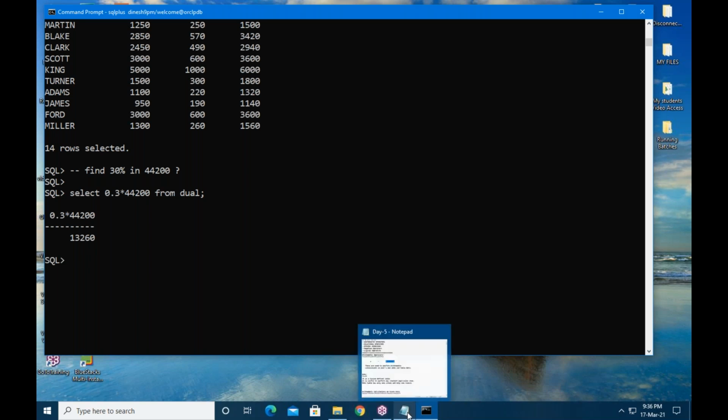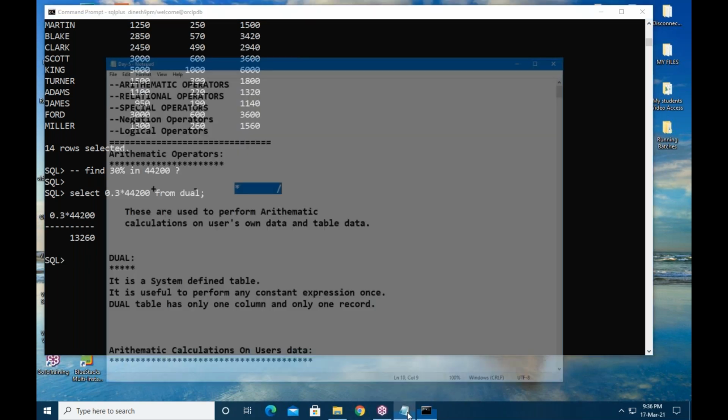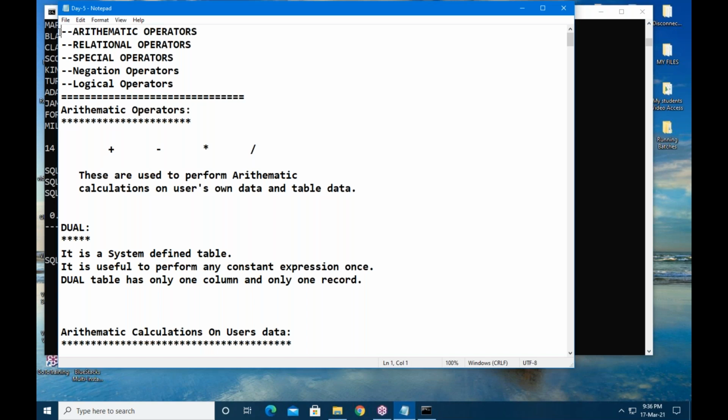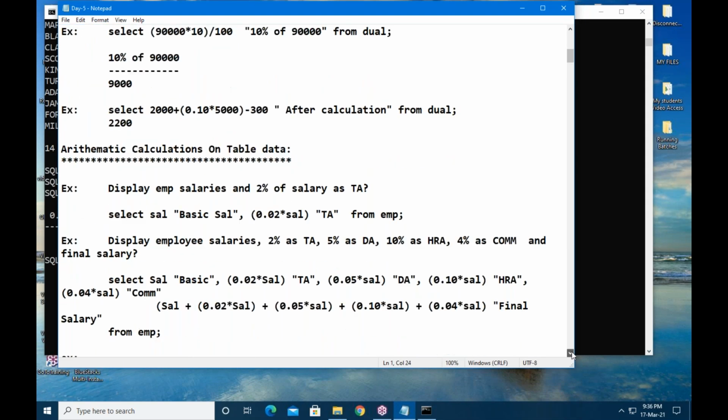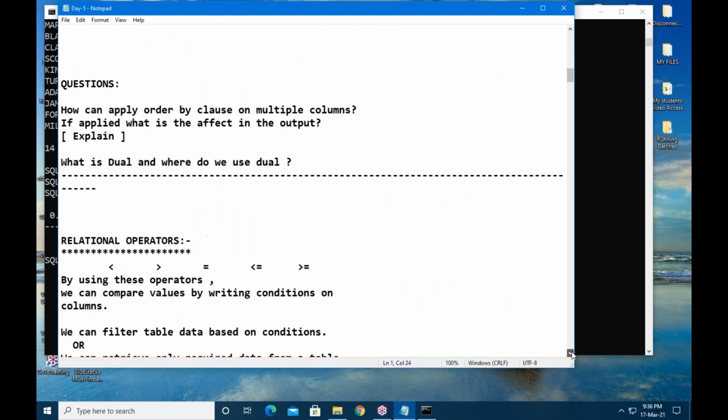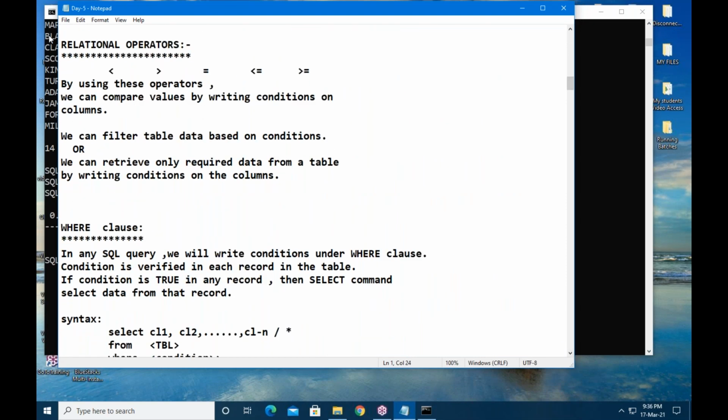Okay. Now, the next, I hope you understand, guys, how to use arithmetic operators. Next one. What is the relational operator?